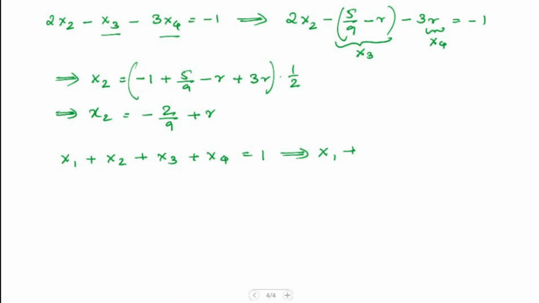We do have a value for x2, which we just found out here, which is minus